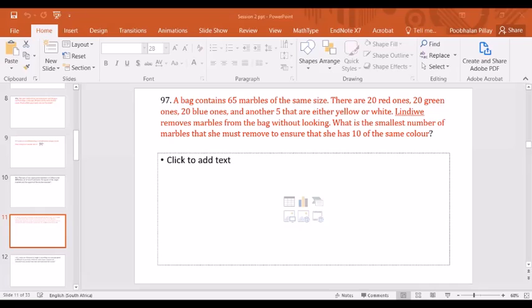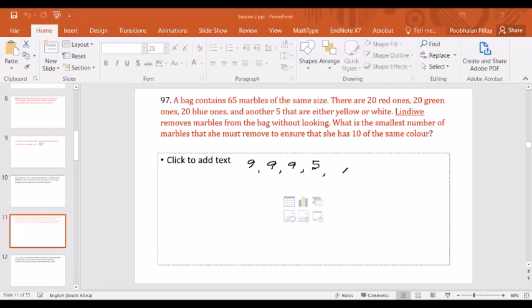So sir, the worst possible case you can do when picking marbles is 9 of each color. So you can pick 9 of the red and waiting for the 10th one to come, it doesn't come, right? Okay, yeah. Then you can carry on. And then 9 of green and 9 blue, and then all 5 of the yellow or white ones. Yeah, these ones they will never give you 10, so you can pick up the whole 5, and this will be. And now at this point,